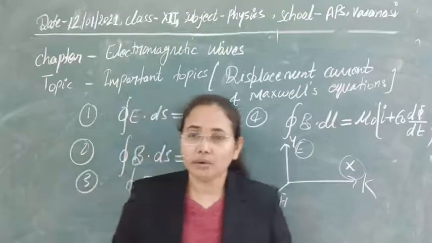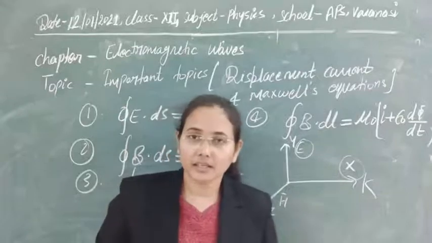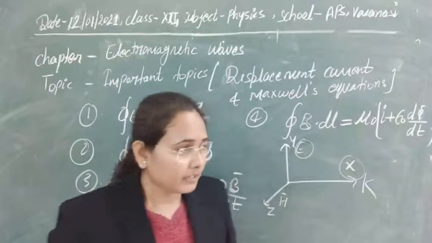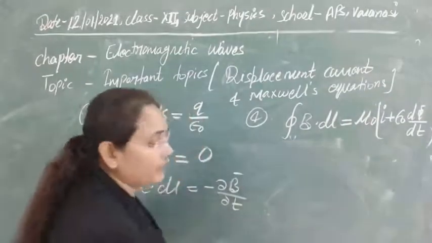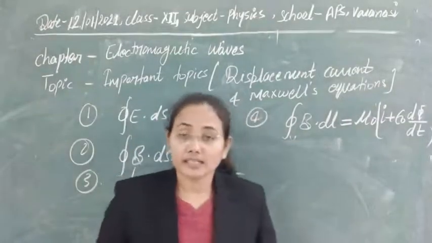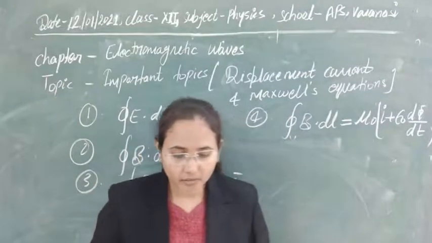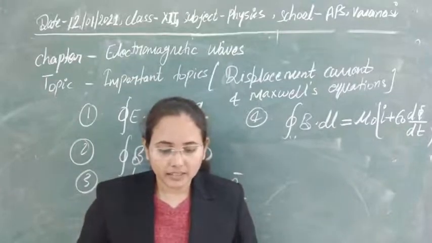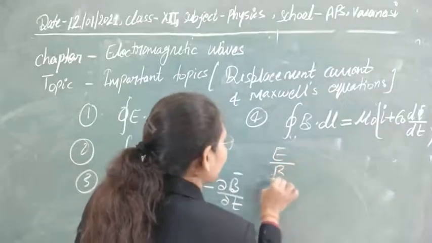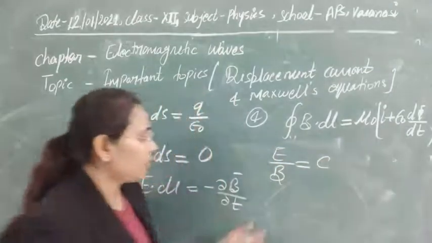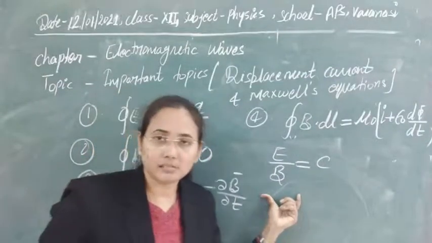It is also a very important property of electromagnetic waves that they have a transverse nature and they continually propagate in that space. Next thing is that the magnitude of the electric field in an electromagnetic wave is greater than the magnitude of the magnetic field, and you can calculate it. The electric and magnetic fields are related by V is equal to C, or simply E is equal to C times the magnitude of the magnetic field.